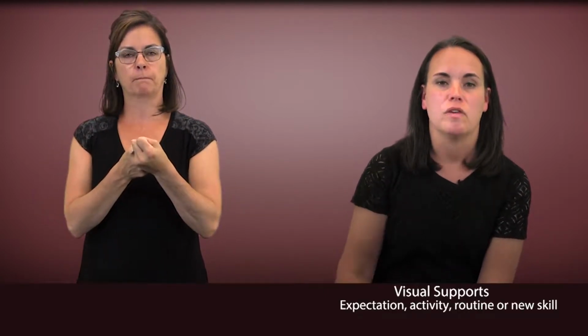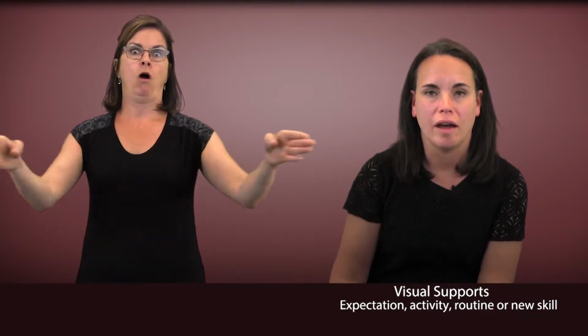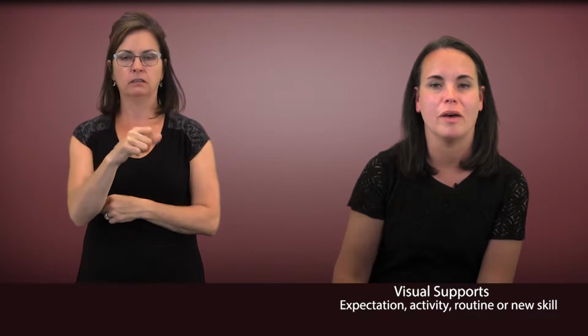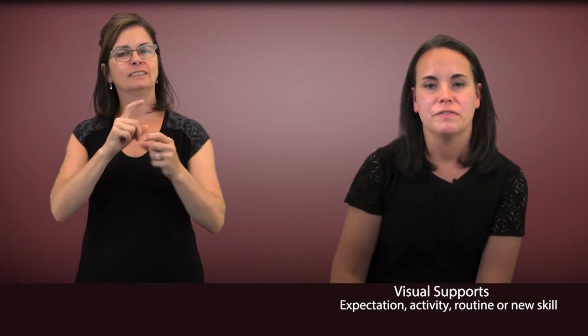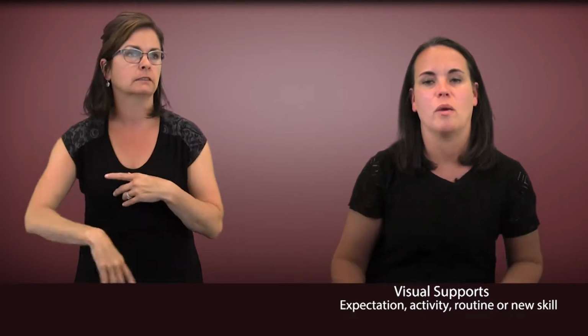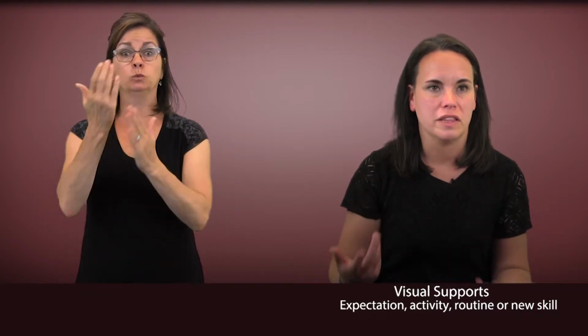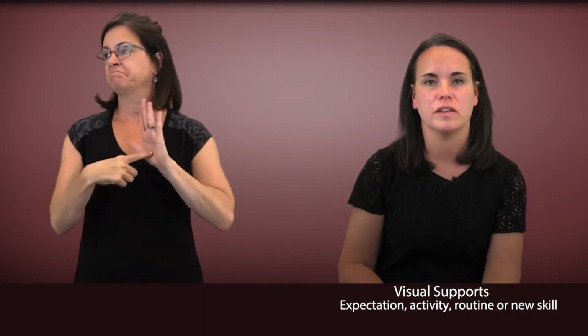Part 2. I'm going to talk generally about this idea of an intervention targeting increasing visual supports. Visual supports is a broad umbrella term to talk about different cues that can provide the child with information about what to expect, what the activity looks like, about a routine, or to support teaching them a new skill. So this can include